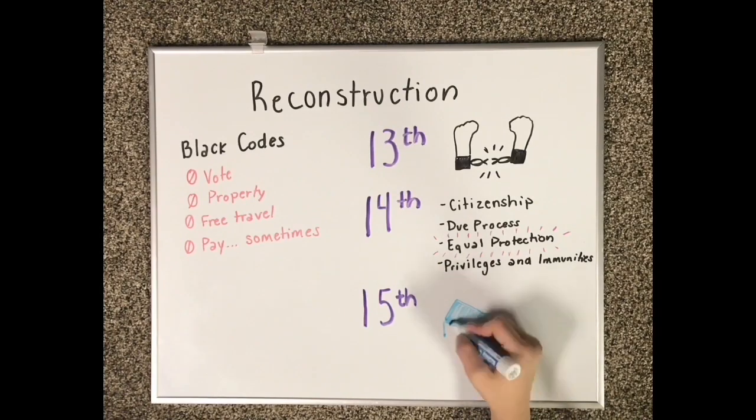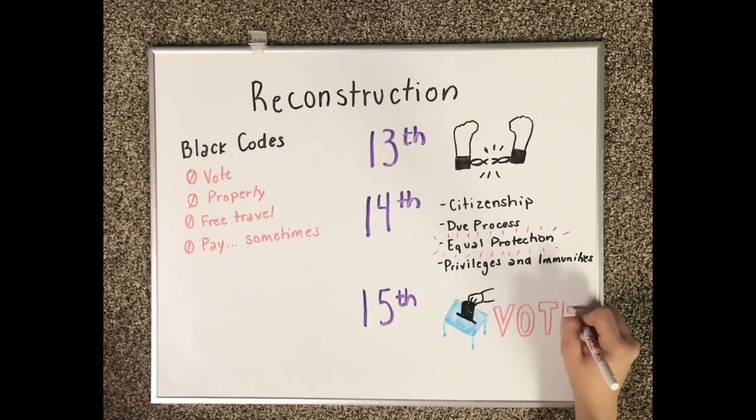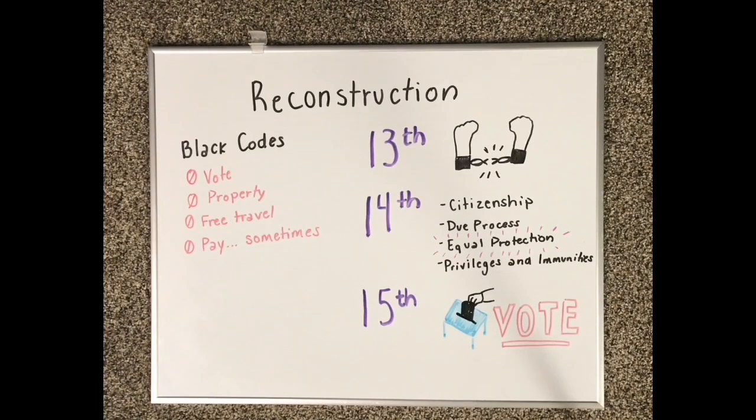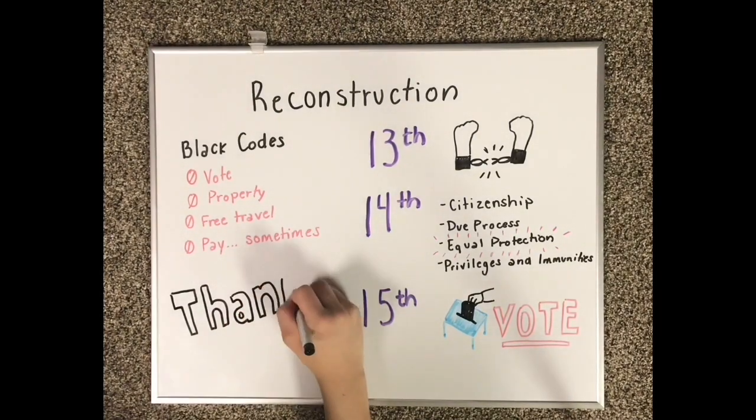The 15th Amendment guaranteed all men the right to vote, although literacy tests, poll tax, and Jim Crow laws would infringe on this right for the next 100 years, until passing of the Voting Rights Act of 1965. The country endured many years of pain before the war, years of violence during the war, and will continue